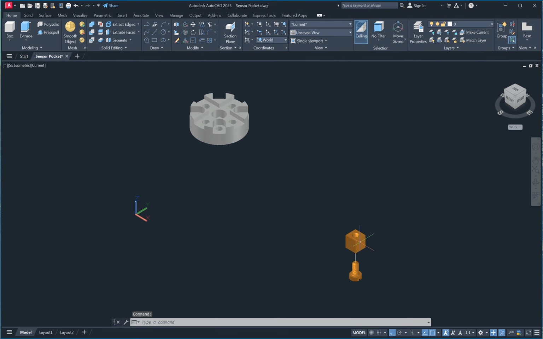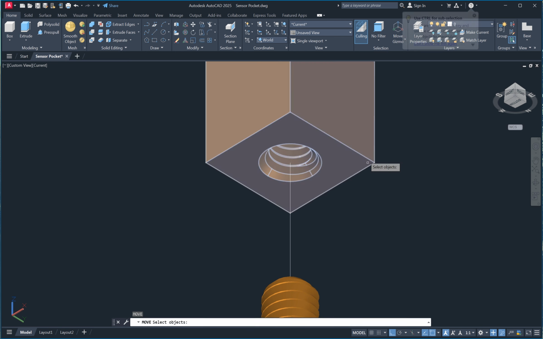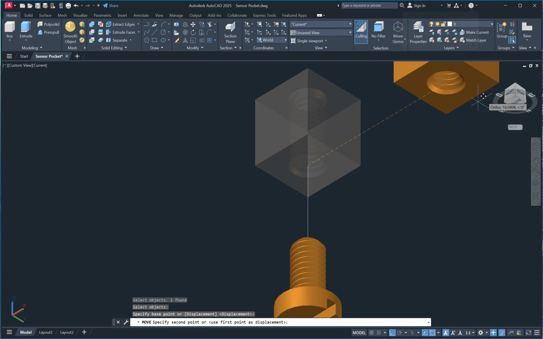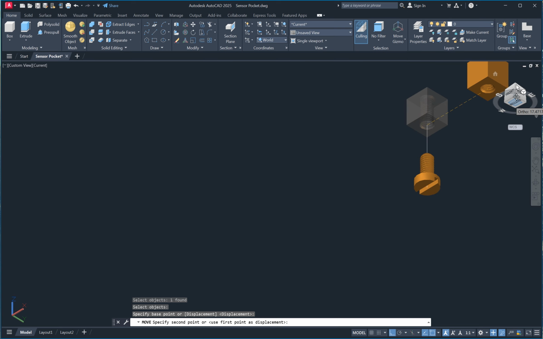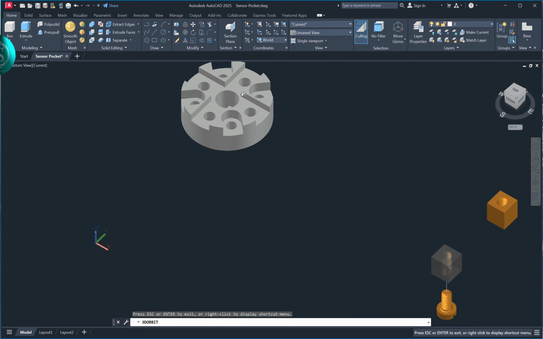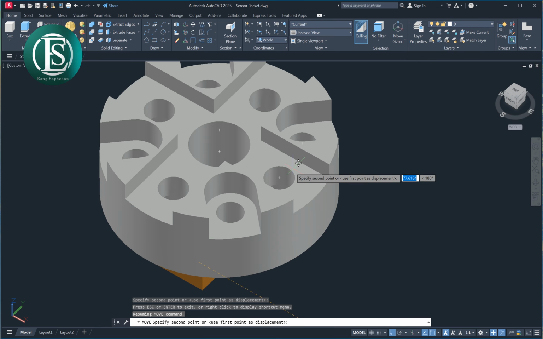So we need to move these two objects to here, move, enter, select object, enter, specify base point, and click here. And second point here.